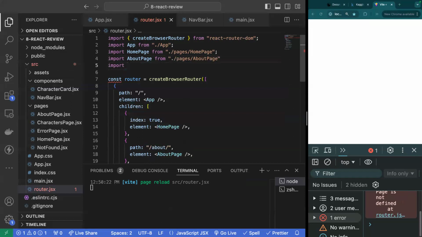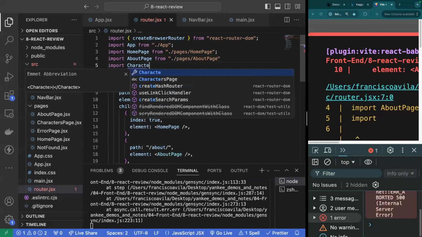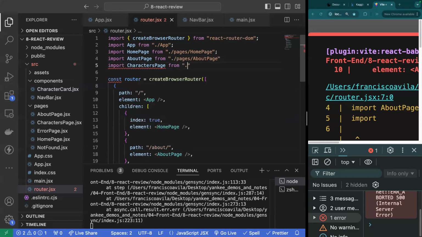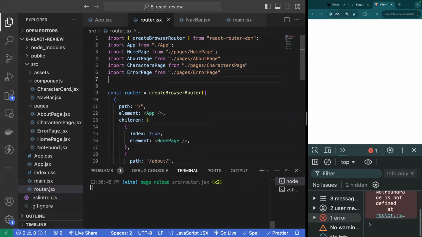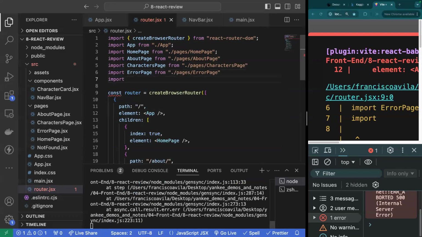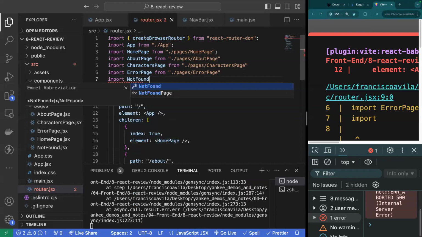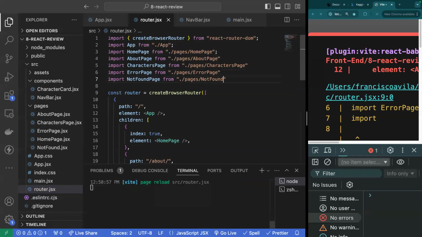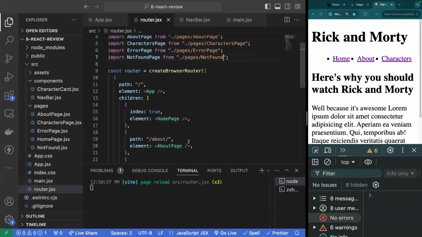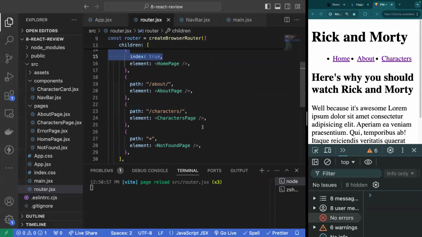We need to import characters page from pages characters page. We need to import the error page from pages error page. And we need to import my not found page from pages not found. All right, there you go. So now that I've added all of the URL patterns and their corresponding elements,